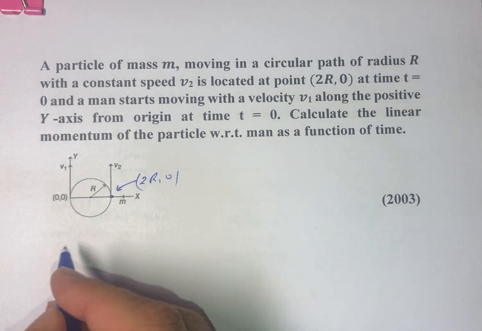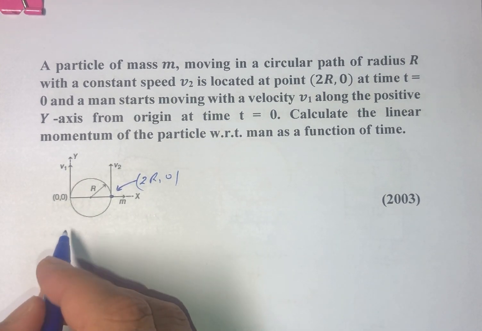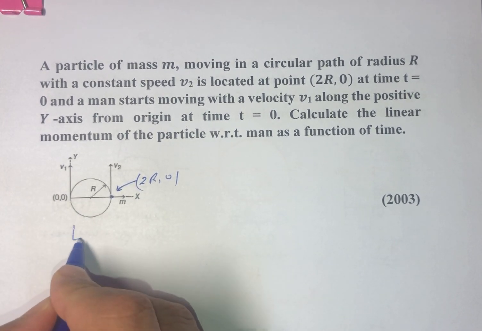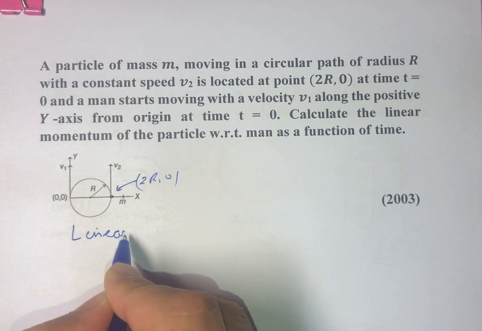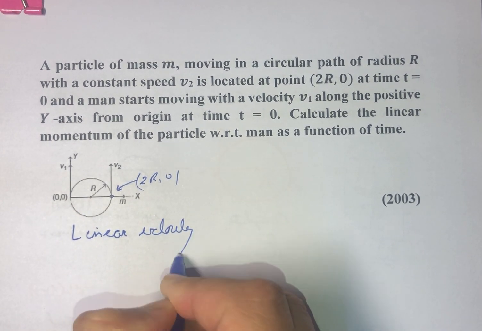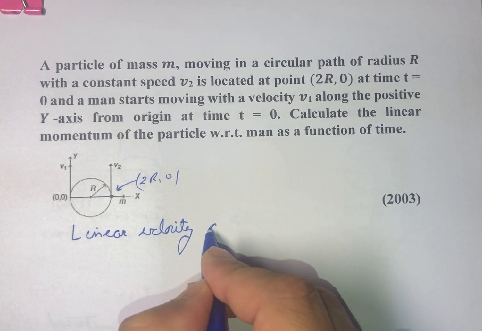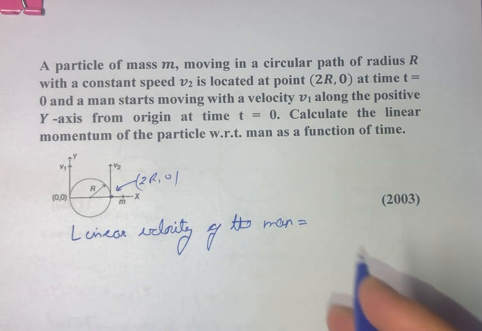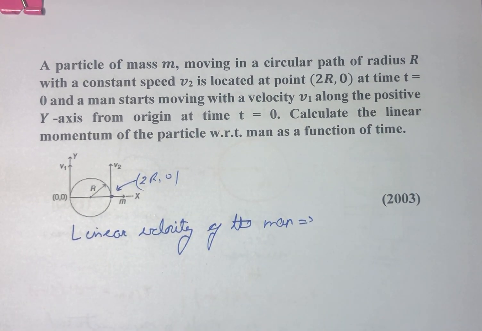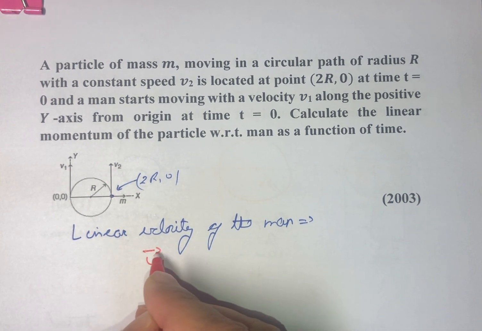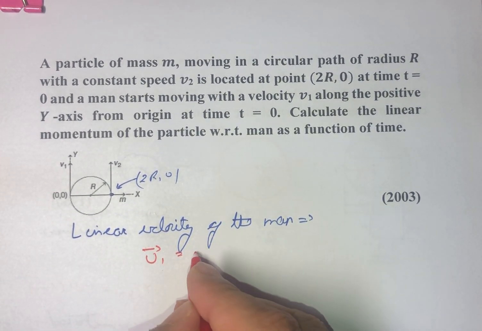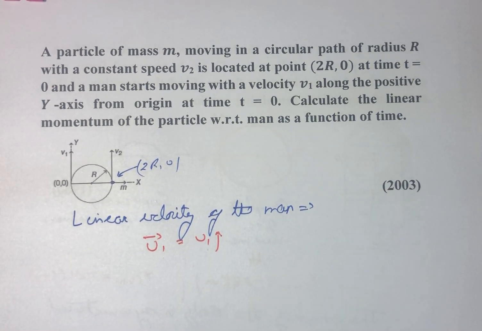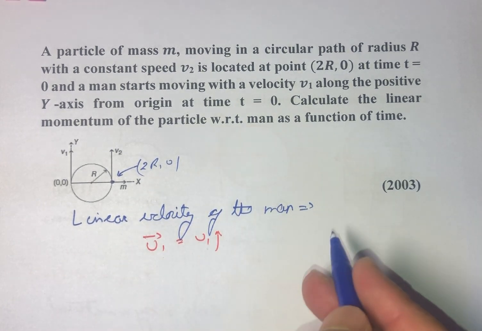So in this case, using the vector notation, we can say that the linear velocity of the man is given as v1. So we can write this as v1 along the j vector, and similarly we can say that